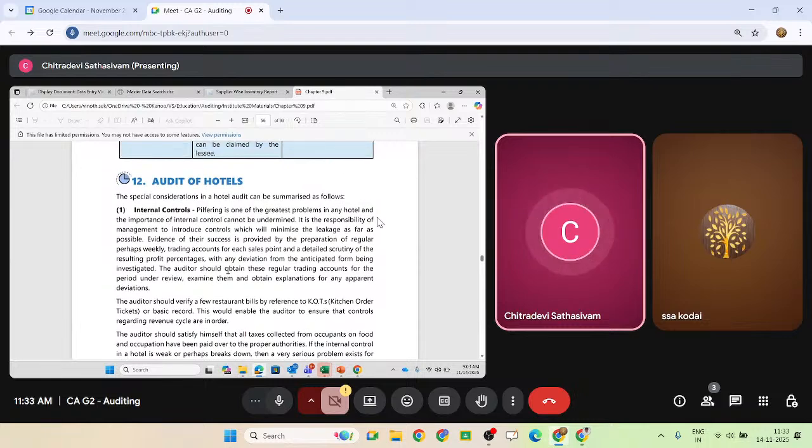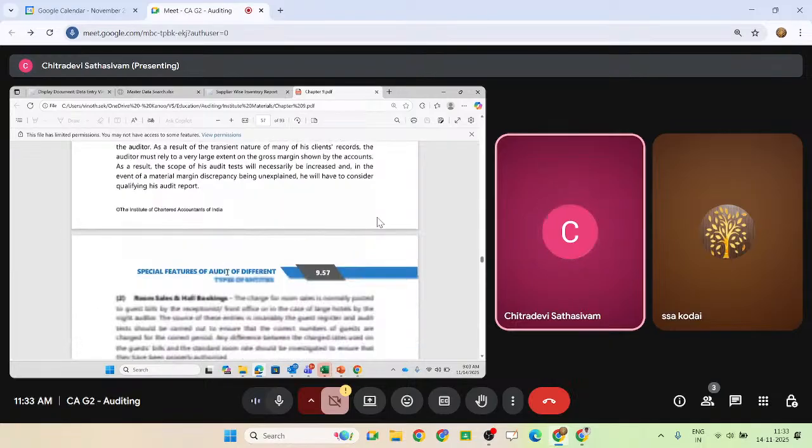And for any entity, internal control is the most important. If the control mechanism is very weak, revenue leakage will be there, the business will not be properly operated, theft will be there, frauds and errors might happen. So you have to make sure proper mechanisms are in place. If not, the control system must be reinstated. If the internal control is not properly defined, you have to recommend the management to restructure the internal control system so that new control mechanisms are consistently followed to improve the process flow. That is what it is.